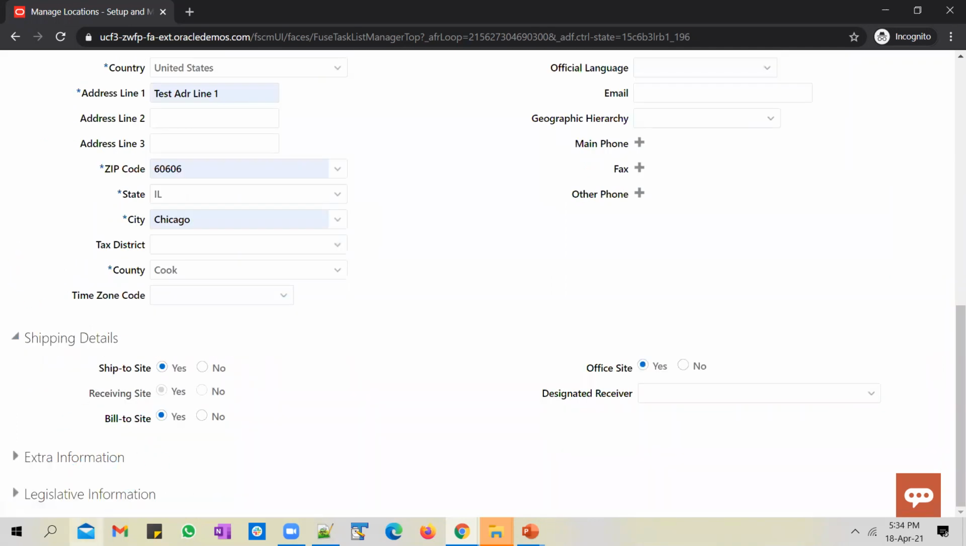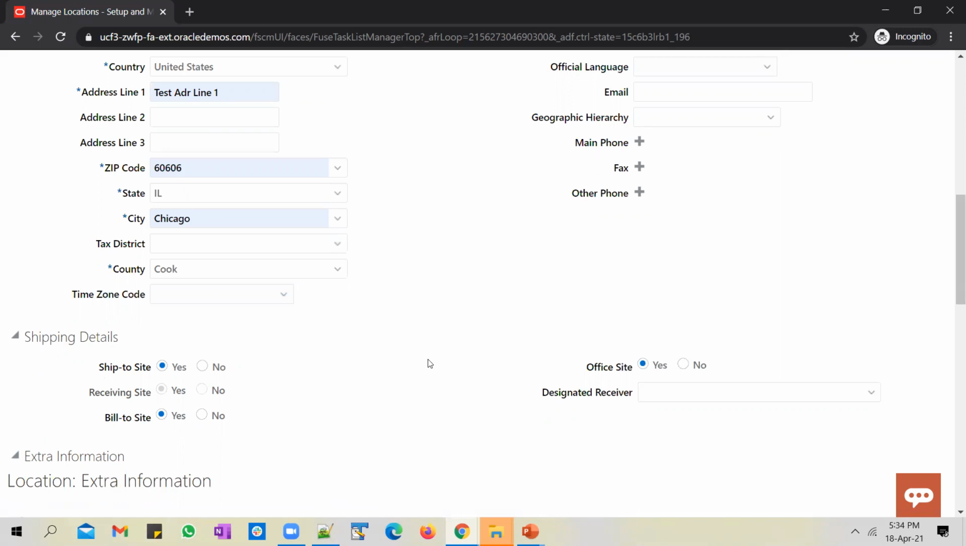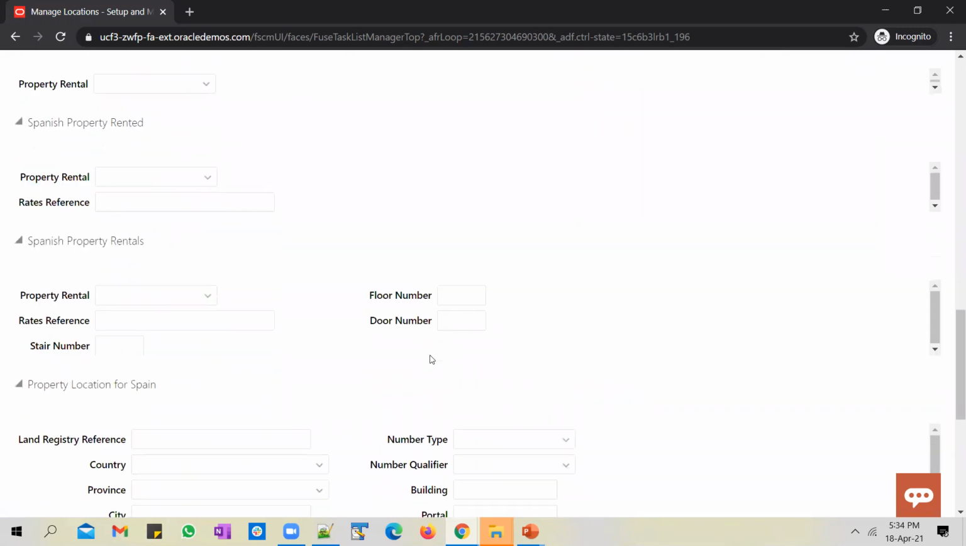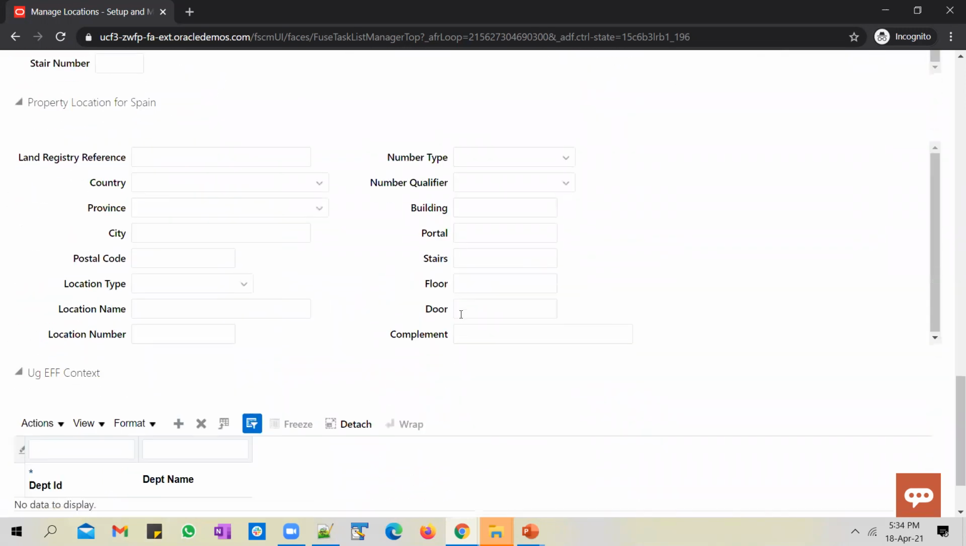So you see two EFFs on the page: extra information and legislative information. We have added a new context in the extra information. And if you expand the extra information tab and scroll down, you see the new context in there, the EUG EFF context. And you could go ahead and add in a couple of departments here and tag them to the same location. And how do you add them? Click on add,